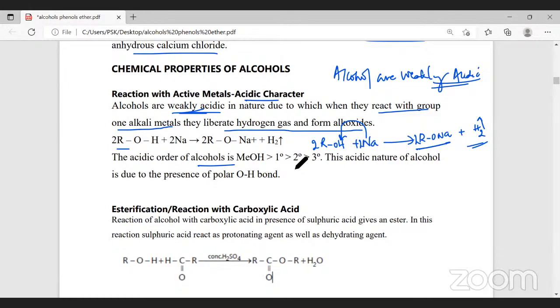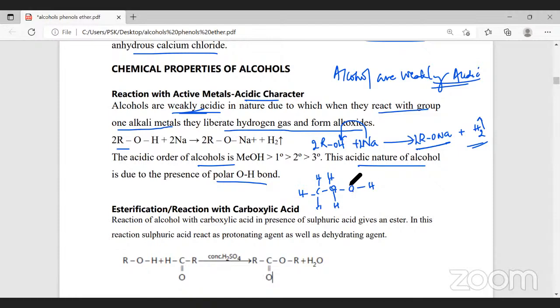Primary is more acidic than secondary, and secondary is more acidic than tertiary alcohol. This acidic nature of alcohol is due to the presence of the polar OH bond. What is that polar OH bond? Now, for an example, if you take ethanol,